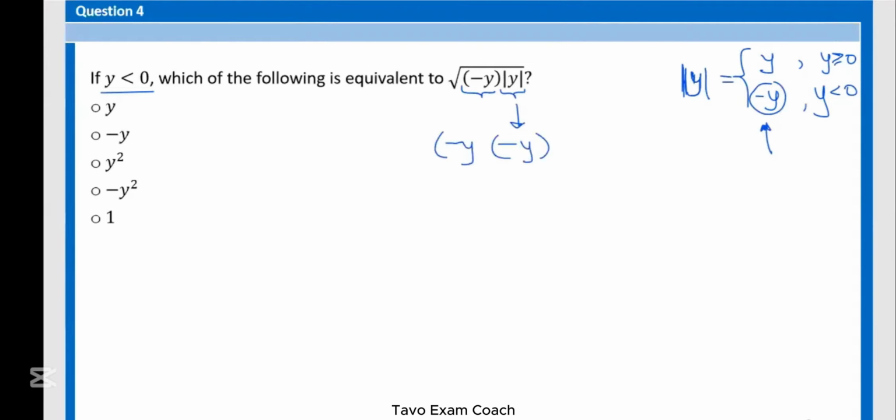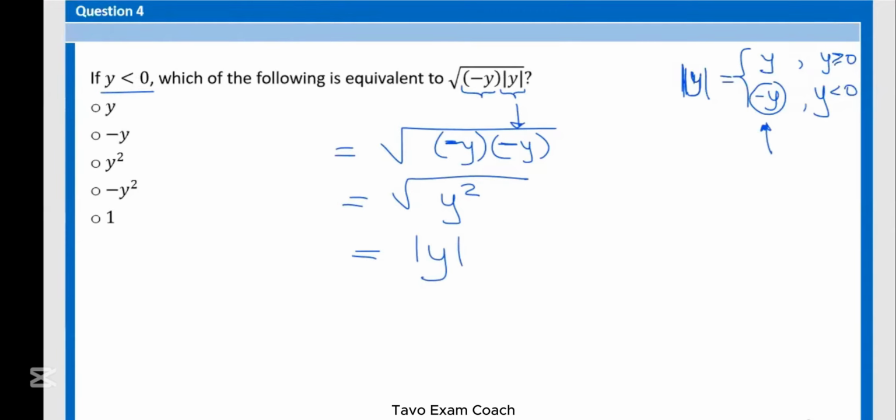And if we replace that in the original expression, we get this. So the square root of negative y squared. If we multiply negative y by itself, we just get y squared, because these two negative signs cancel each other. So we get the square root of y squared, but we know this is an identity. The square root of any square of an expression is always the absolute value of that expression, right?